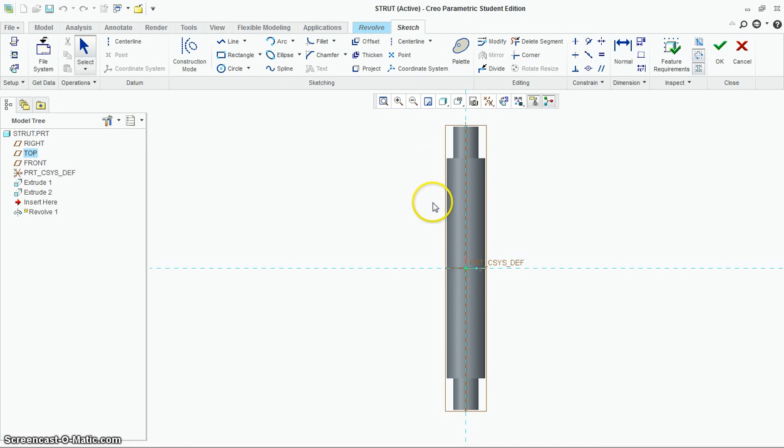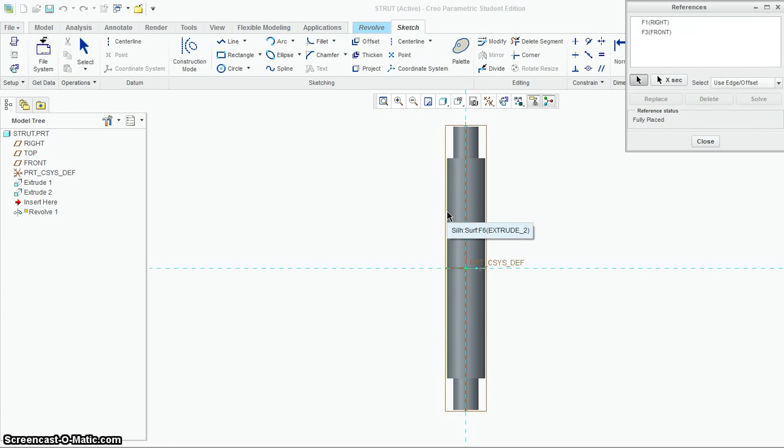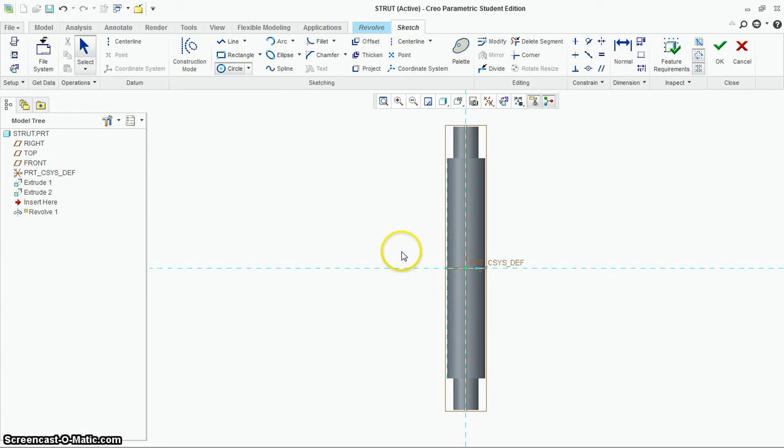So if you recall from the last tutorial, we're going to right click for a couple seconds, go to references, and click on this edge of the rolling pin. I need to be able to click on and see where that edge actually is as I draw. And then I'm going to place a circle